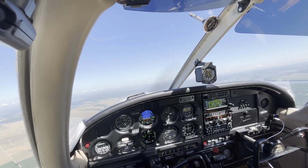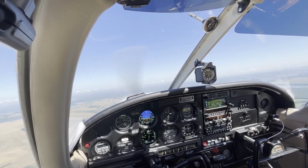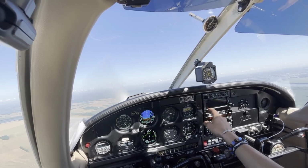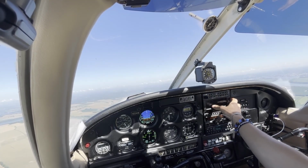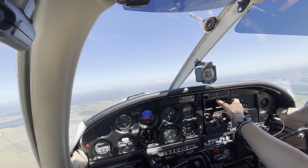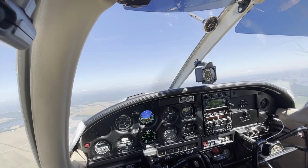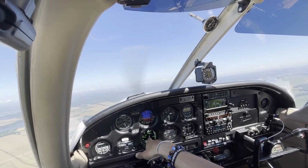Alright, glide slope is alive, or is showing on here. Never told us to expect it, never actually gave it to us. We'll just go vectors. Good thing I caught that. Now we had the ILS, I mean we could have just flown it off of that because we...